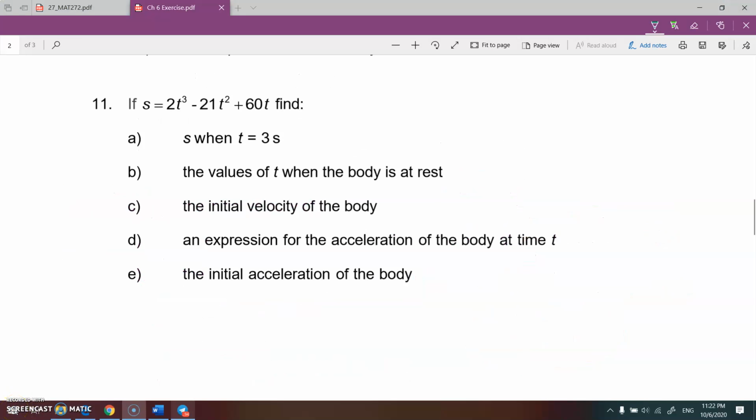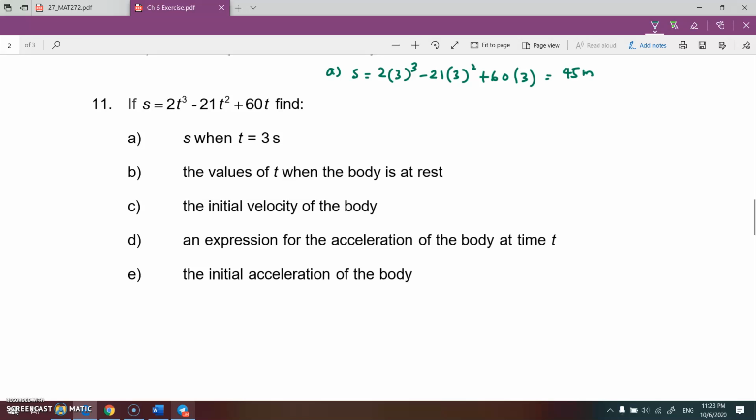Okay, question number 11. You are given S. Question number 1: find S when t is equal to 3. This one is just simple. You just substitute 3 into S, and then calculate by using your calculator. So your answer would be minus 21 times 9 and then plus 180. So your answer is